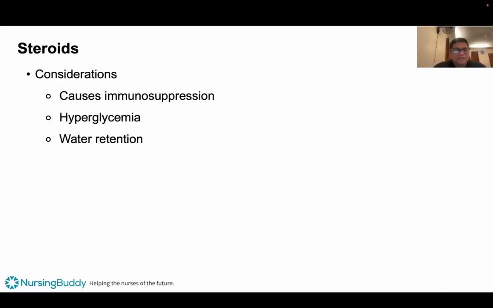Okay, so another thing are your steroids. Consideration, we know this, kapag steroids, immunosuppression. Also hyperglycemia, because again, that's corticosteroids, and also water retention. So, for those patients, kapatid, na may mga CHF, for those patients na mayroon pong SIADH, yan. So, always be careful with your steroids or any condition that retains more and more water. We don't want to retain more and more water here because you're going to add to the burden of the patient. So, be very careful.